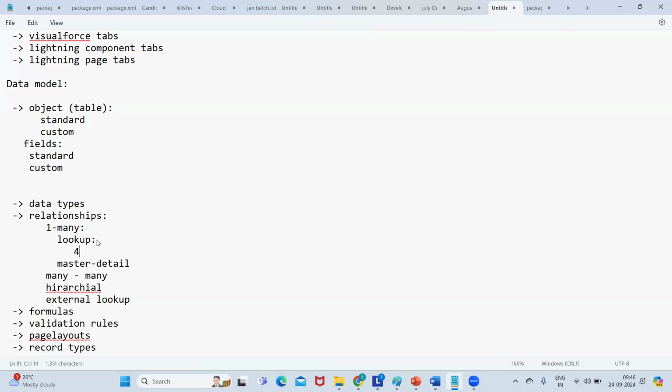In lookup, up to 40 relationship fields we can create in an object. How many relationship fields can we create? 40. In master detail, there is a limitation: only 2 master detail relationship fields we can create in an object. And one more thing is